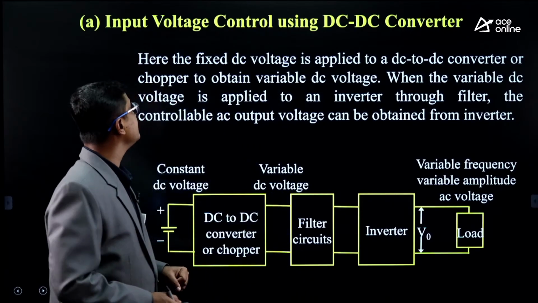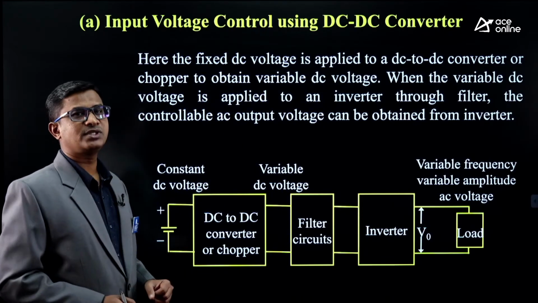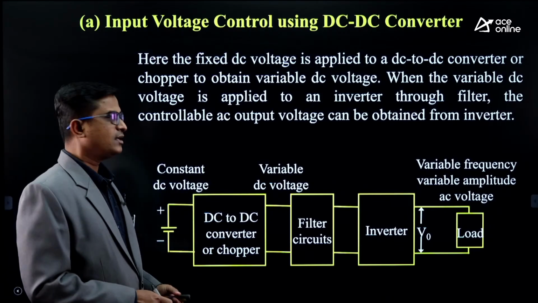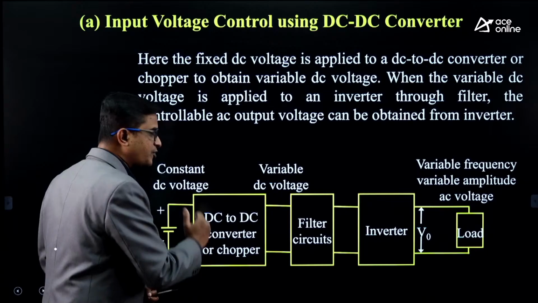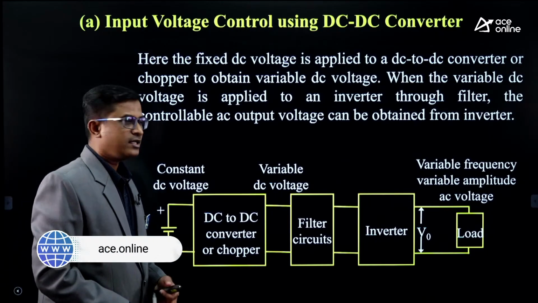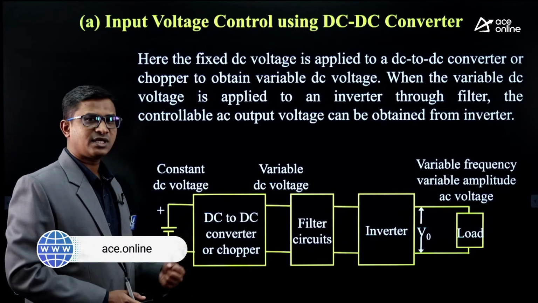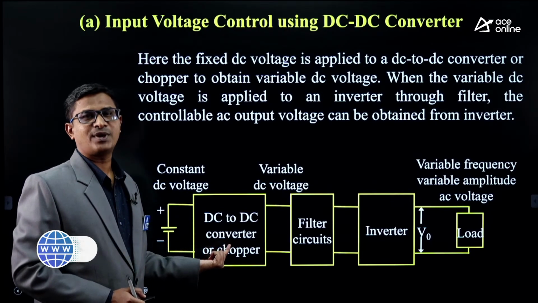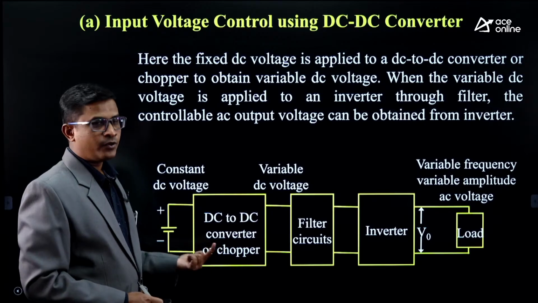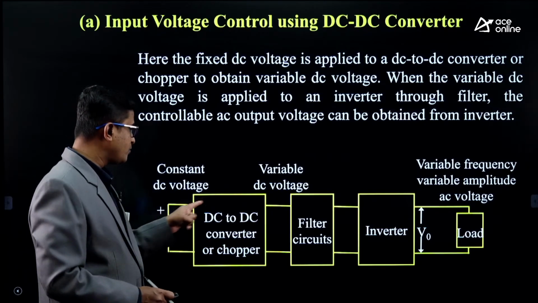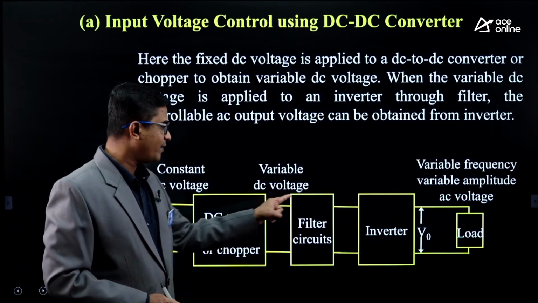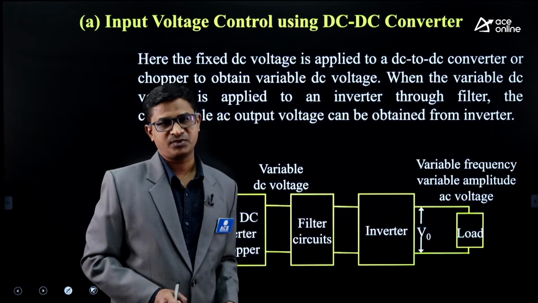As this technique is external voltage control using a DC to DC converter. Now the DC to DC converter is definitely connected at the input side of the inverter, all right? Here the input to the DC to DC converter is a fixed DC. With the help of the DC to DC converter, that is nothing but the chopper, we can convert this fixed DC to the variable DC. And that variable DC is given as an input